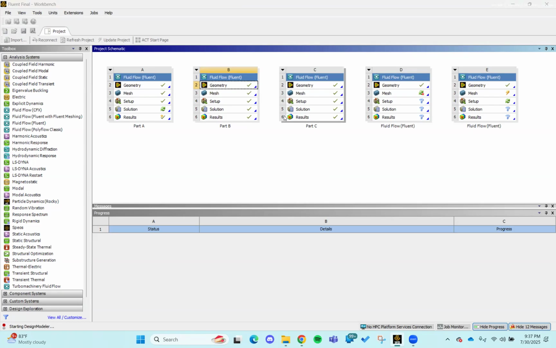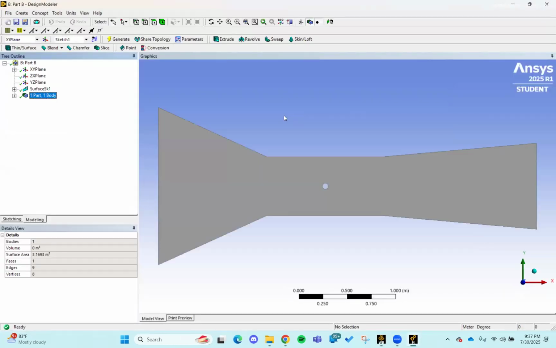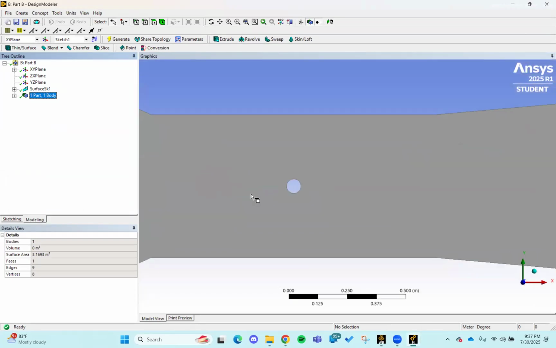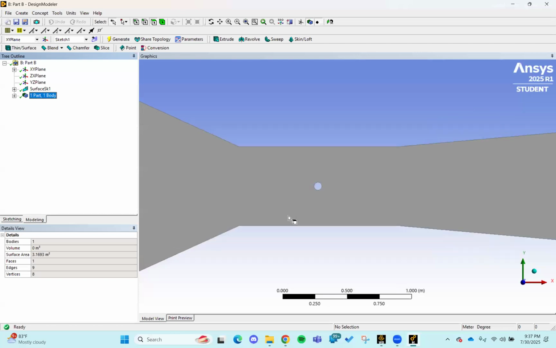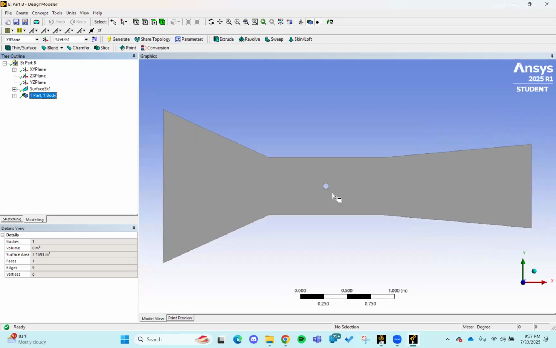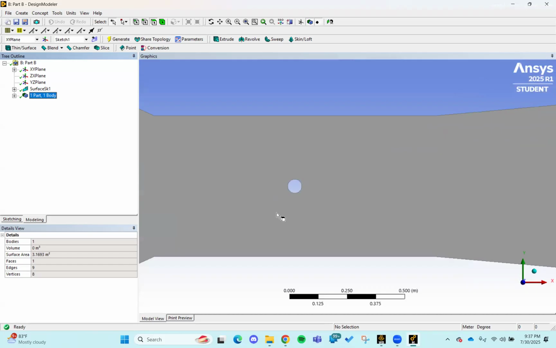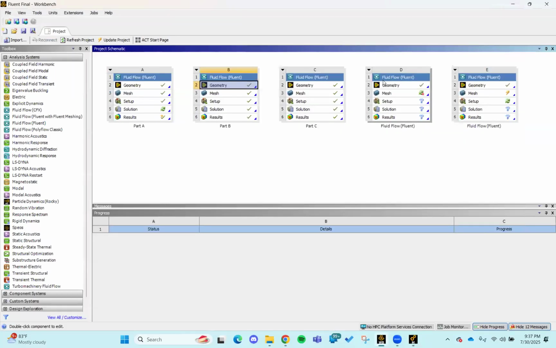Just for part B, we added a cylinder in the middle, as you can see right here. And I used some of the lines that I made previously to find the middle of the wind tunnel. I found the center of the wind tunnel, and here it is. And then we did a face sketch excluding the cylinder. But yes, that's our geometry for this portion. The cylinder is 1/10 of the height of our wind tunnel. So if I open my mesh,